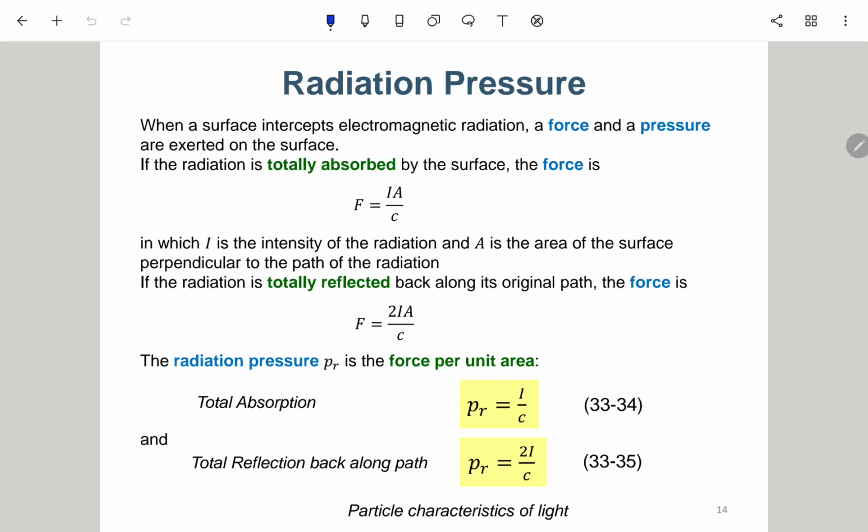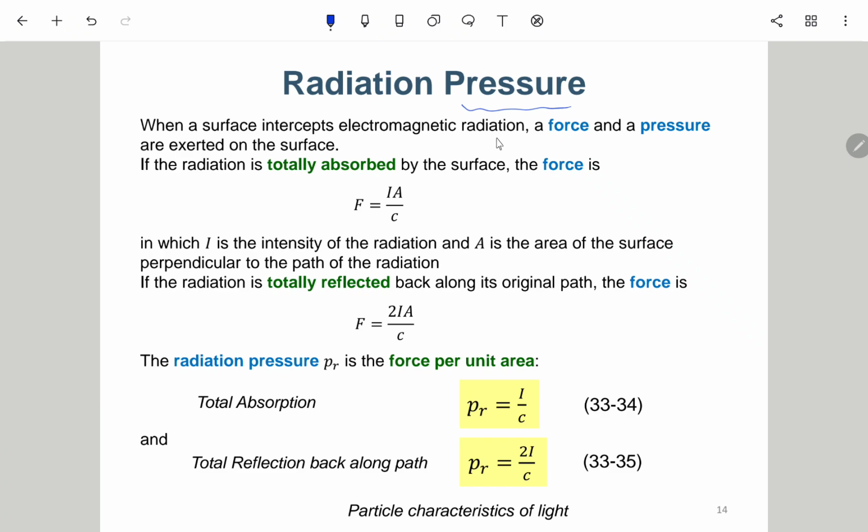Okay, so next we talk about the radiation pressure. Okay, so this is a kind of particle characteristic of the EM wave, 就是那个电磁波的粒子的特性，所以它有所谓的压力或者是力，这个有点像那种动量守恒的那种感觉，动量守恒。Okay, so here it says, when a